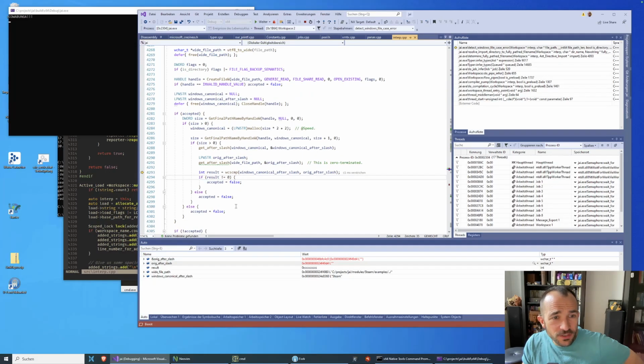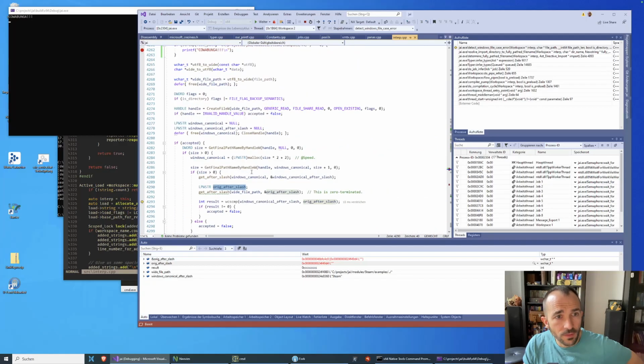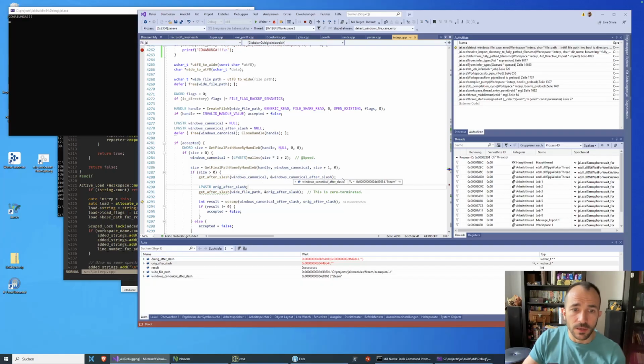I guess we can just early exit, like if the length of canonical after slash is 0. No, sorry. If the length of org after slash is 0, we can just ignore this error. I think that's a good enough fix for this problem.